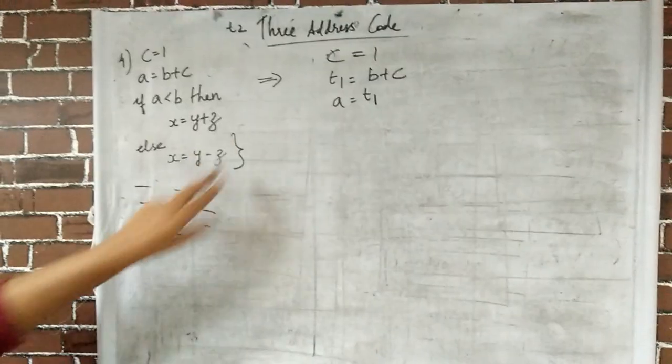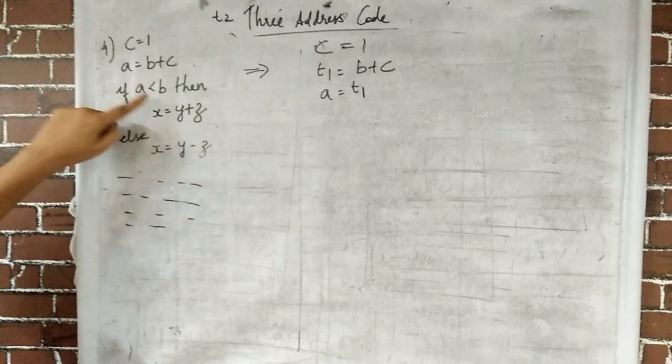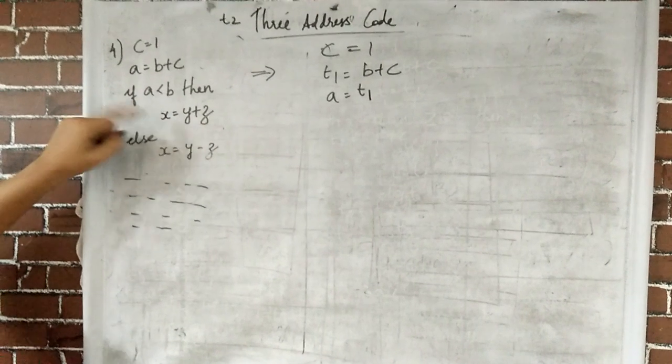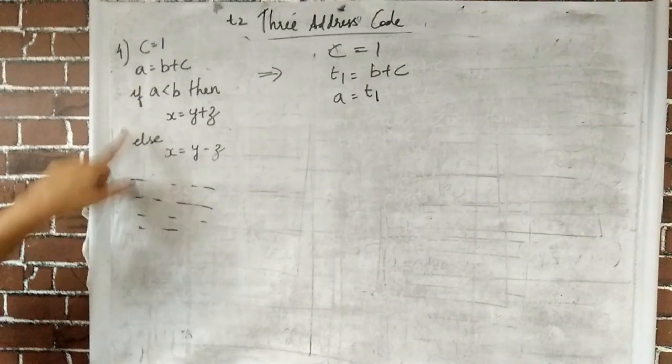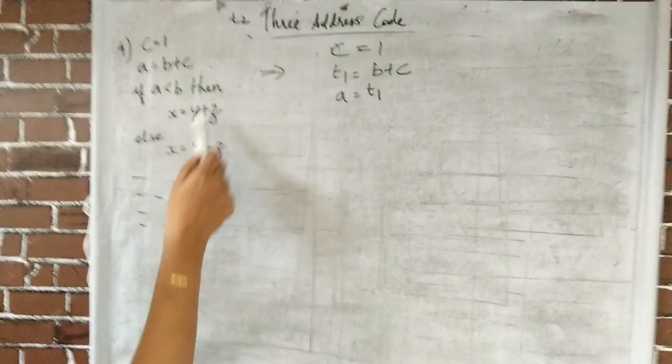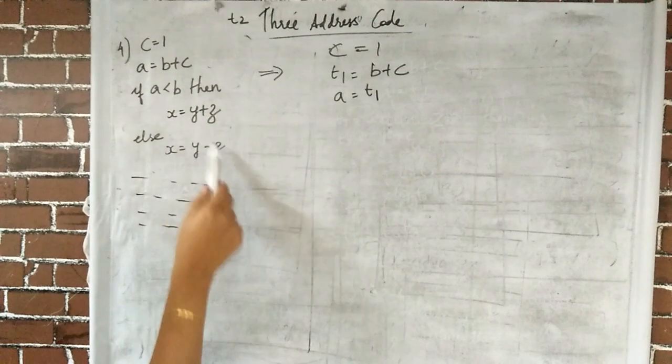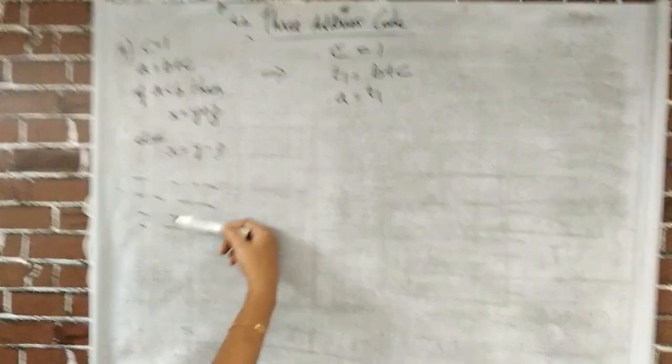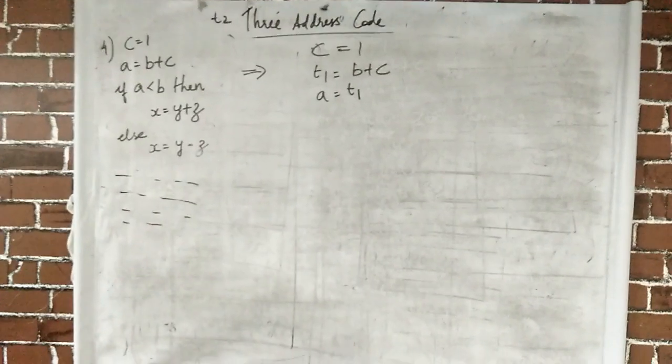So this is the meaning. You should understand the meaning of the statement first. If condition true, execute this. After this you have to execute what is available after the else. You should not execute the else portion. If the condition is false, you have to skip this and you have to execute only this. Rest, whatever things are available after this statement, you have to execute it, right?